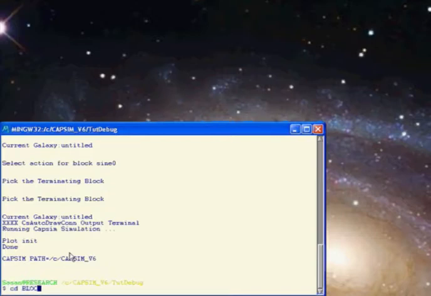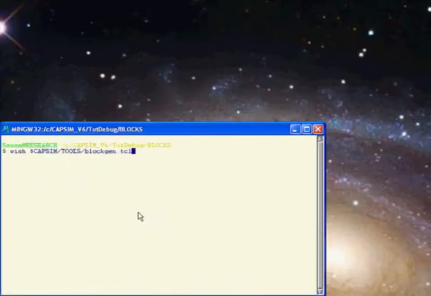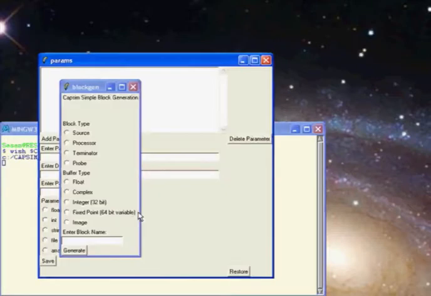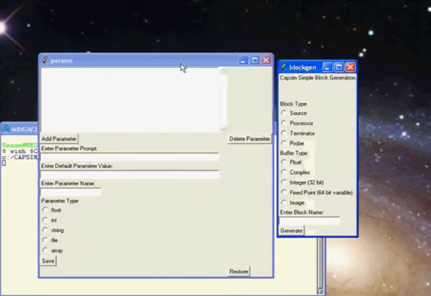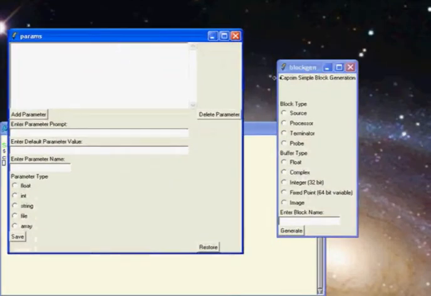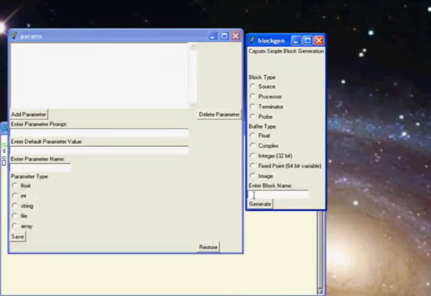So let's change directories into the blocks directory. Here we're typing the command wish $capsim tools blockgen.tickle, which will bring up our block generation utility. We get the two windows, blockgen and the parameters. First thing you want to do is set the block type to a processor type, the buffer type to float. So we'll call it debug block,